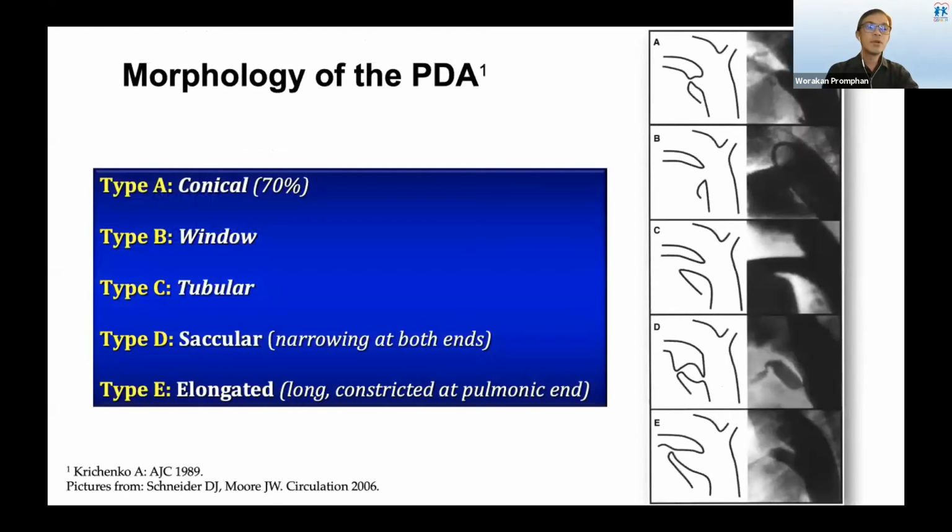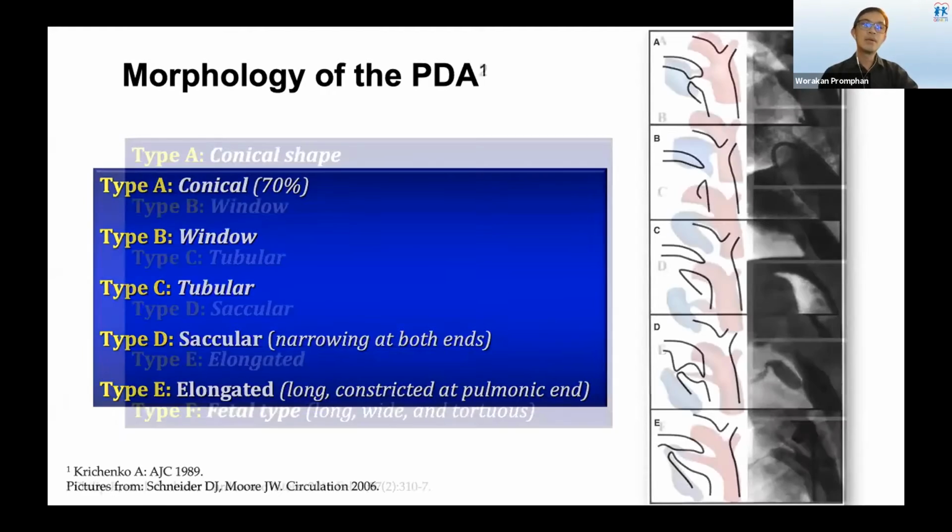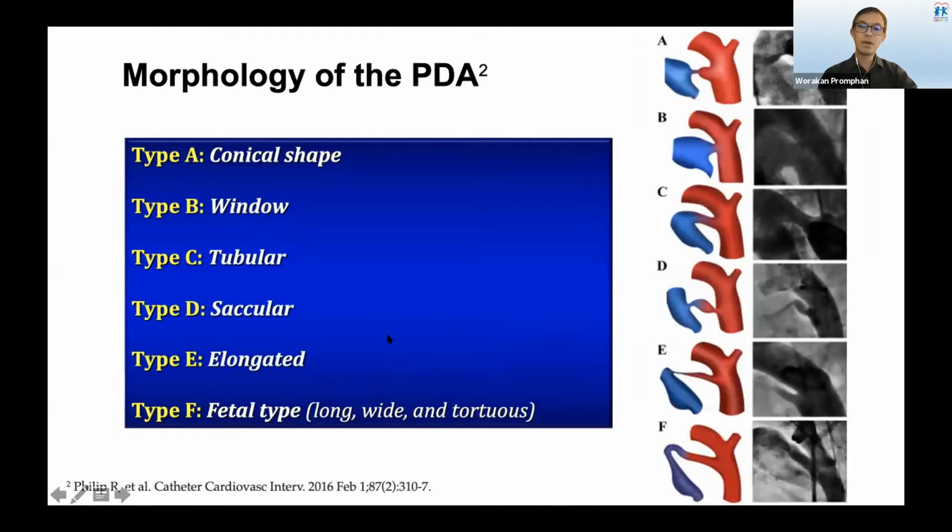So we know for more than 30 years now about the morphology of the ductus. They are divided into at least 5 types, from A to E. But just recently, there was an additional morphology added, which was the phenotype, which means it's a bit long, wide, and also tortuous. This most of the time happens when the patient has prematurity or a PDA in